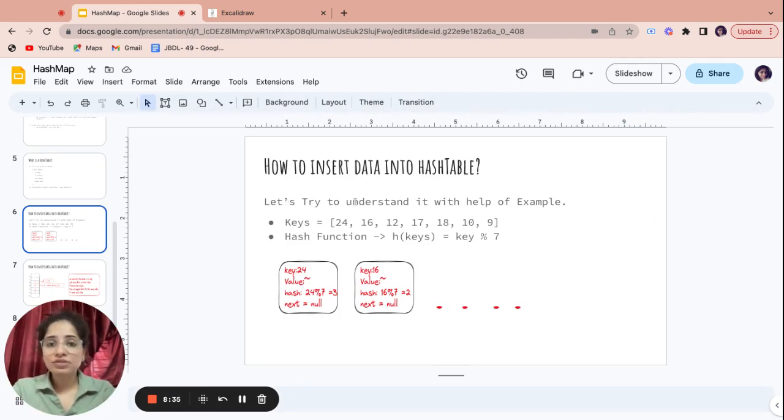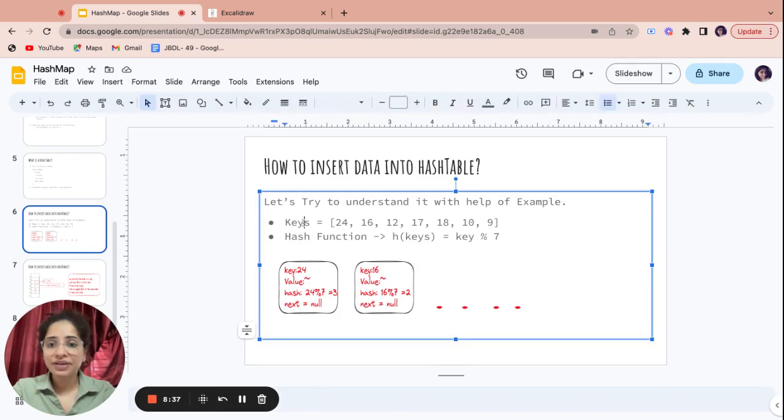Let's try to understand it with an example. Let's say we have keys 24, 16, 12, 17, 18, 10, and 9. These are all the keys. I have not kept the values, to make it simple. Let's say we have a hash function that does key modulus 7, and I'll be keeping an array of size 7, which is 0 to 6.